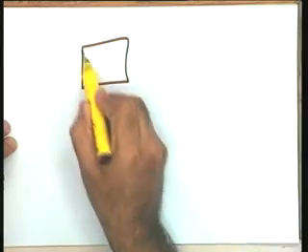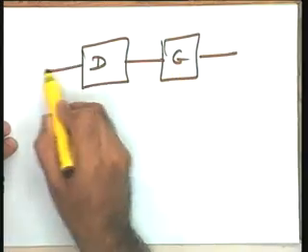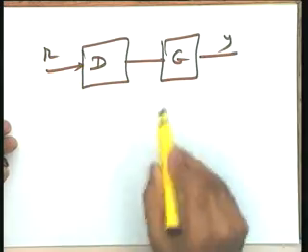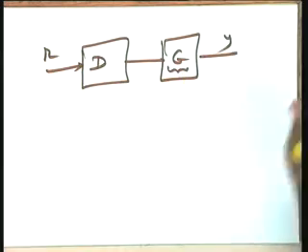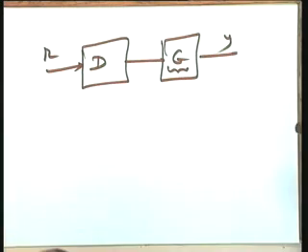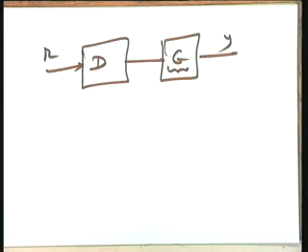Recall the open loop control. D is here, G is here, there is no feedback action. This is R, this is Y. I want... the poles of G are not acceptable to you. The poles of G are not giving you the desired dynamic response. I want to design a D so that the poles of this overall system correspond to the locations which are a result of the prescribed shape of the response.